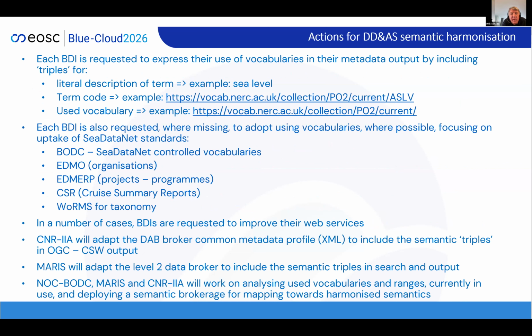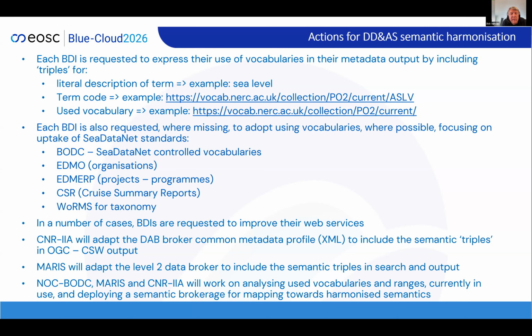Therefore, in Blue Cloud, we have a couple of requests to our colleagues. One is that they express their vocabularies more explicitly. Right now, for most of the servers, we get terms like sea level, but while they use coding from certain vocabularies internally, we would like to have these triples also in the output that they provide through their web services. So you have the term, the identifier of the code, and thirdly the vocabulary that is being used to serve that code, because then we can resolve working with codes, and we can add that later into our semantic brokering to be able to harmonize the output of variables or platform names or sea areas or instruments or you name it into a